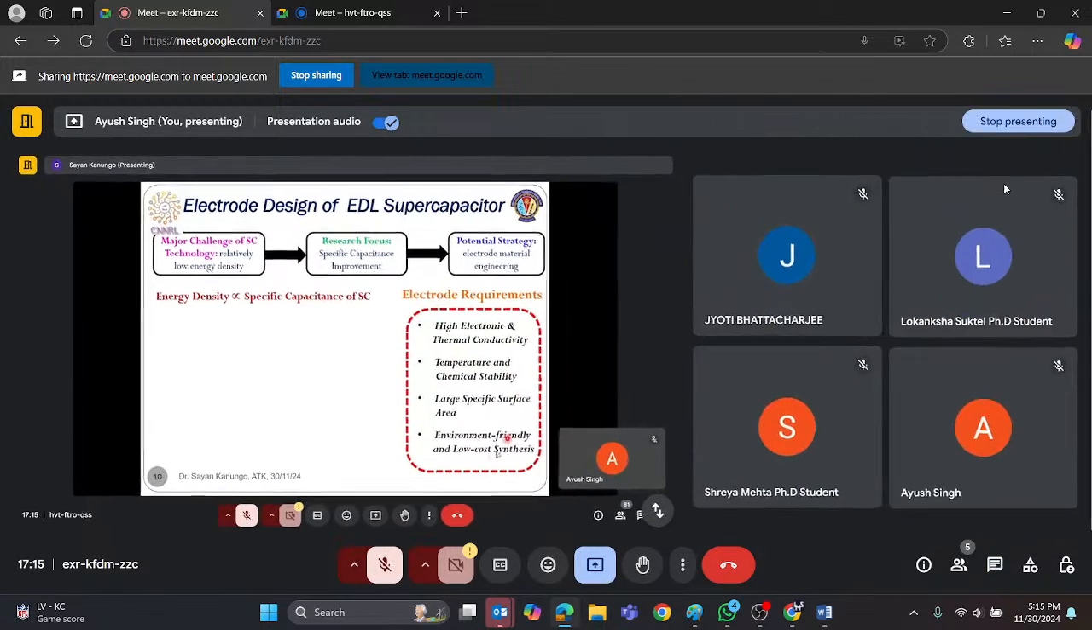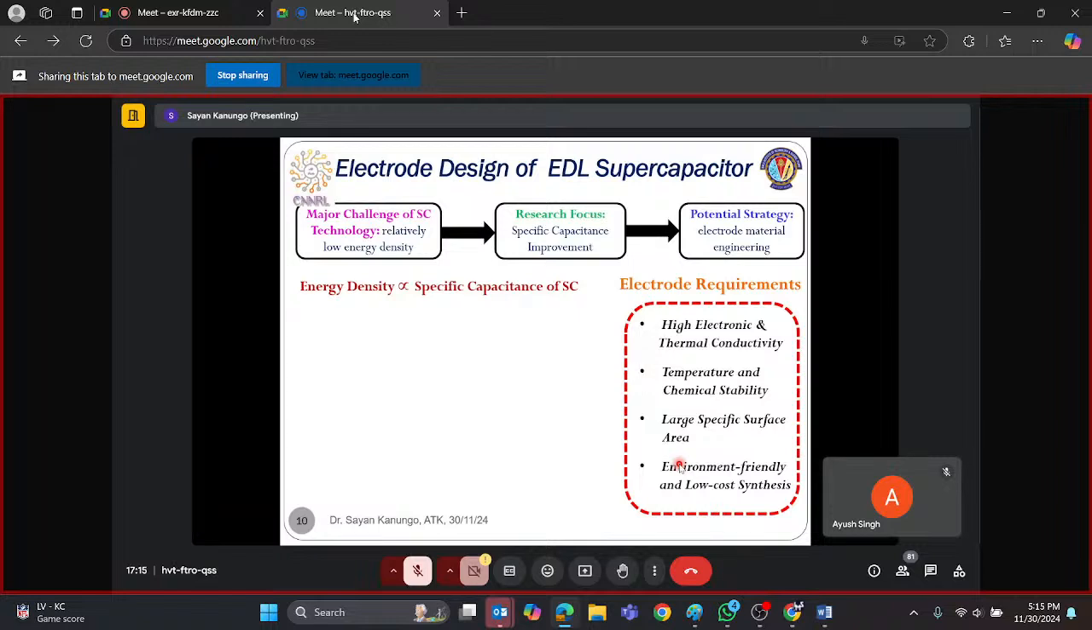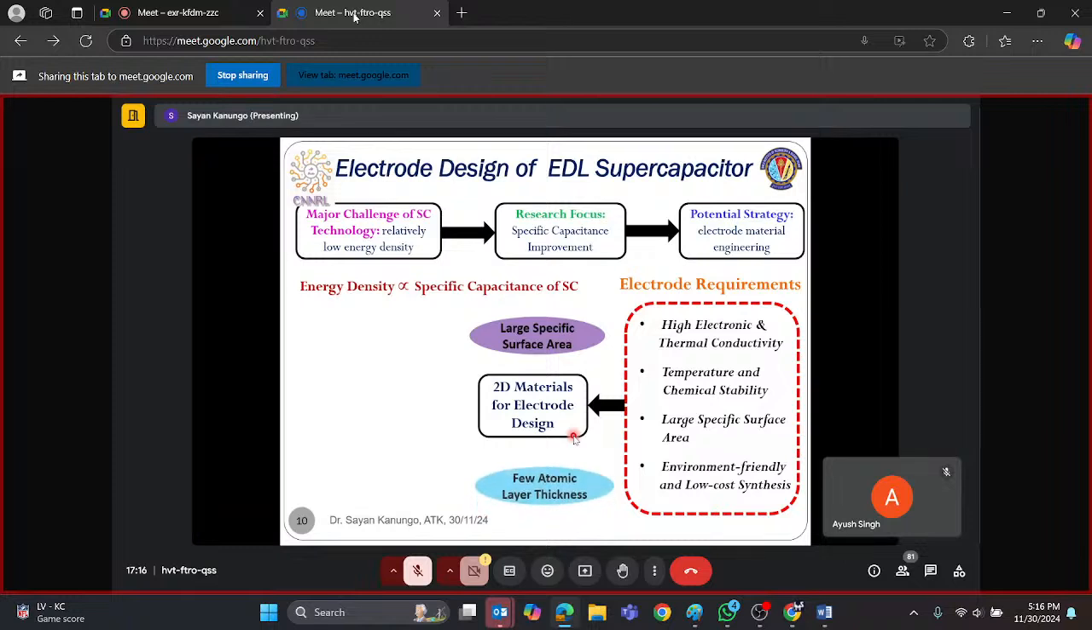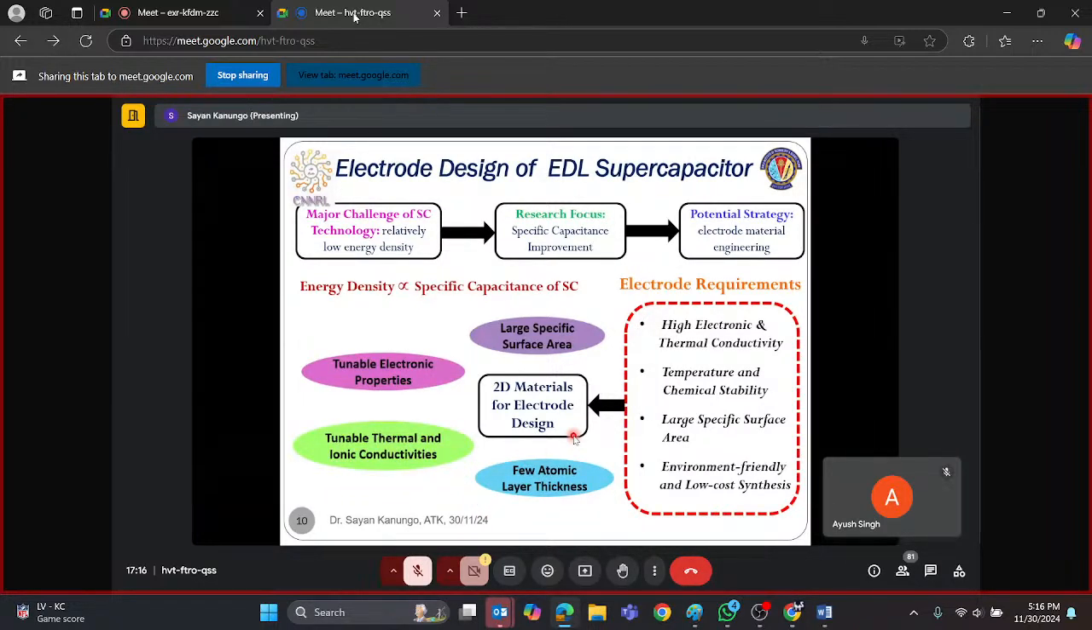So all this requirement is basically leading to a very recent exploration where one of the emerging material systems, one of the emerging nanomaterials known as two-dimensional materials, has been investigated for the ideal supercapacitor electrode design. The distinctive features of this 2D material system that have encouraged the research on 2D material-based supercapacitor electrode design include large specific surface area, few atomic layer thickness, tunable electronic properties, as well as tunable thermal and ionic